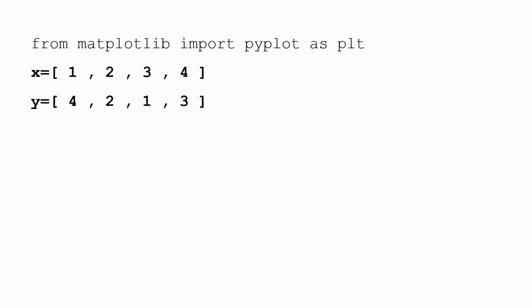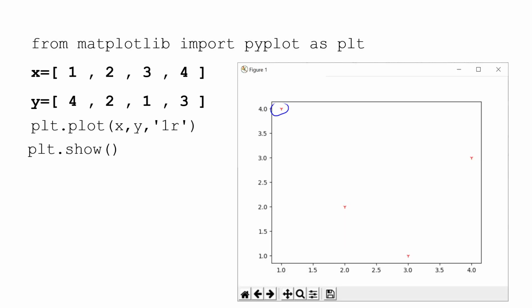Here is an example. From matplotlib import pyplot as plt, x equal to list 1, 2, 3, 4, y equal to list 4, 2, 1, 3. Here we have defined 2 lists x and y. These lists combinedly refer to 4 points: (1, 4), (2, 2), (3, 1) and (4, 3). plt.plot(x, y, '1r'). This will refer to the lists x and y to pick the coordinates of the points and plot them as per the given style and color. Then plt.show(). The output produced by this code is,